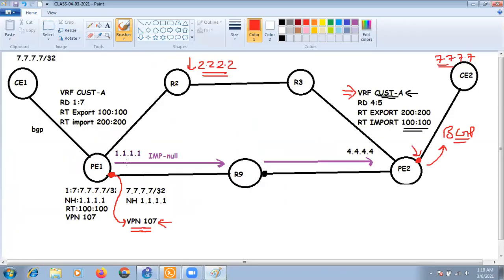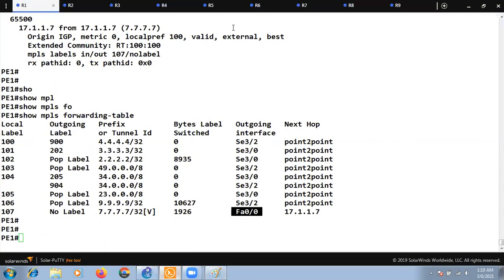So finally this packet will be sent to CE1, right? So this is how the forwarding plane works. The same thing is going to happen in the reverse direction. The labels will be inspected at each and every stage, and finally the response will be received by CE2.